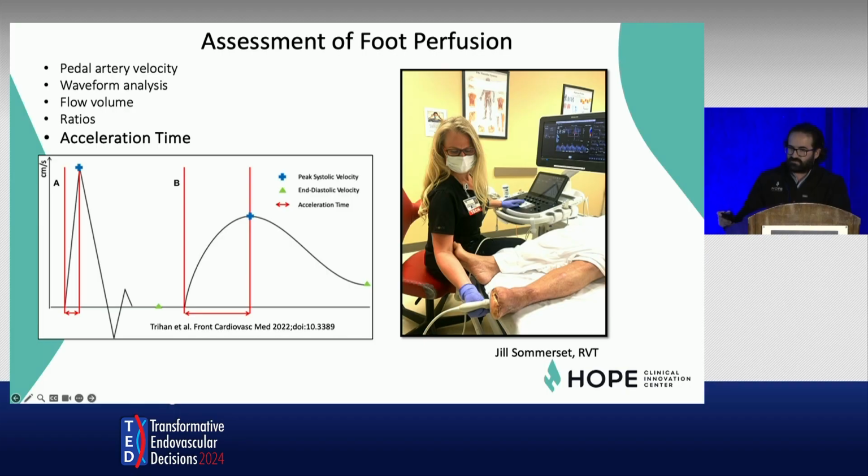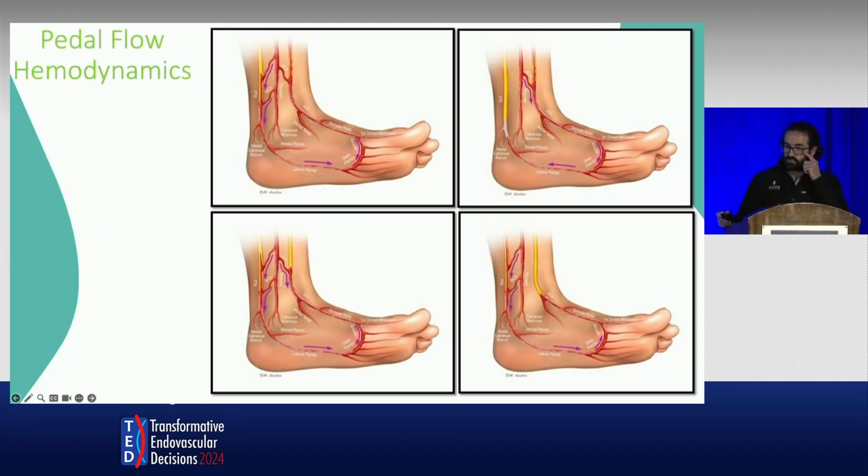If you don't have this, I invite you to try to get trained in it, because what we are learning about the foot is incredible. The foot can be perfectly compensated with just one peroneal and two large collaterals to the foot. And you don't have to do any of these crazy fancy retrograde interventions that a lot of people talk about. I'm not saying you don't need to, and I do perform them when it's absolutely necessary, but we can